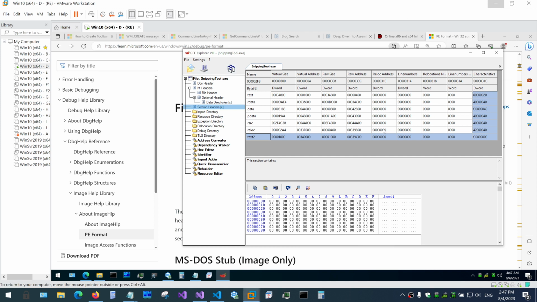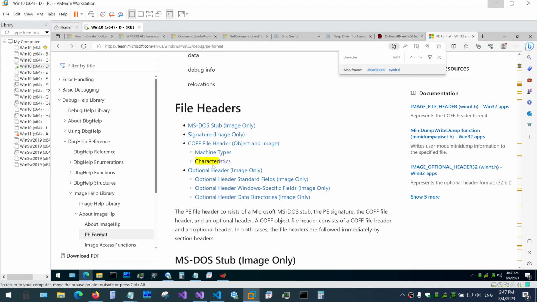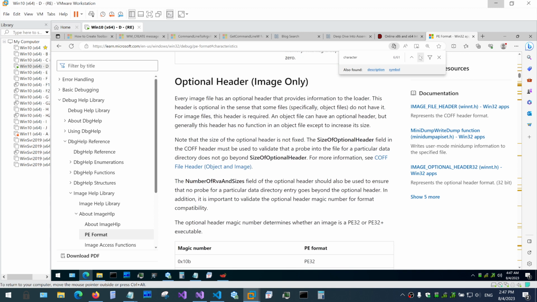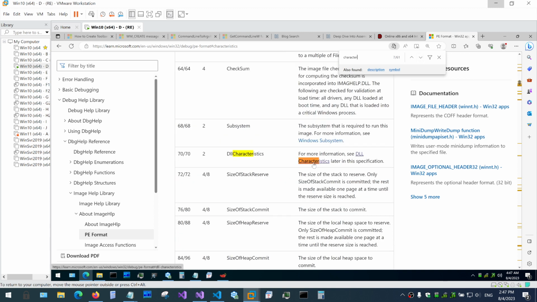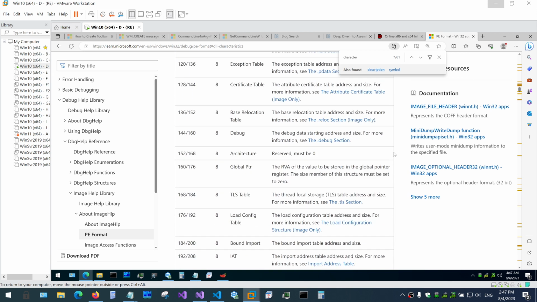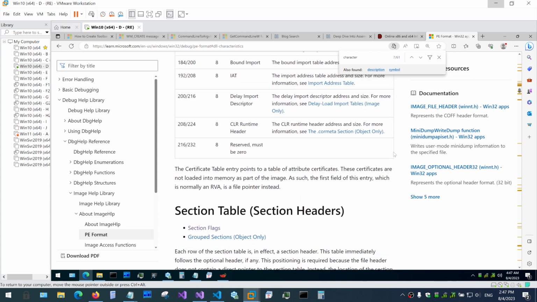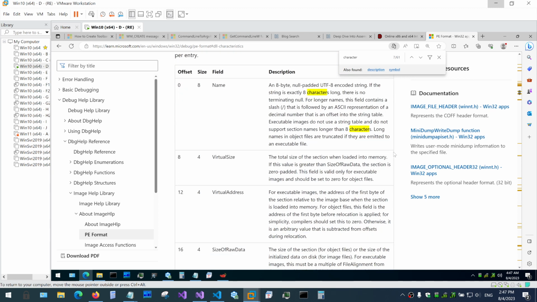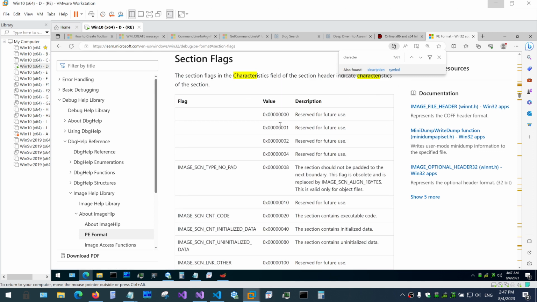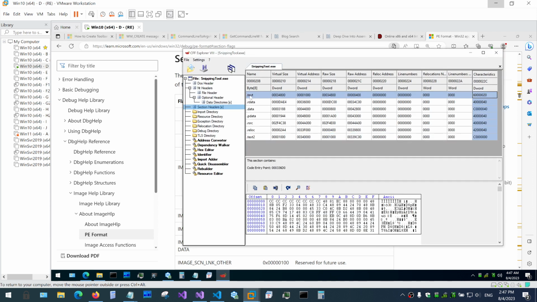Unfortunately, this file is huge, and what we were looking at are not characteristics of a file, but DLL characteristics. And specifically, we're looking at section flags. Let me see, it should be over here. Yeah, so we look at characteristics of section and section flags, and these are the flags that we actually need to interpret. So for instance, if you look at the value over here for the text section,